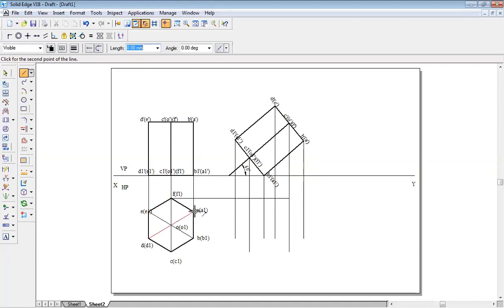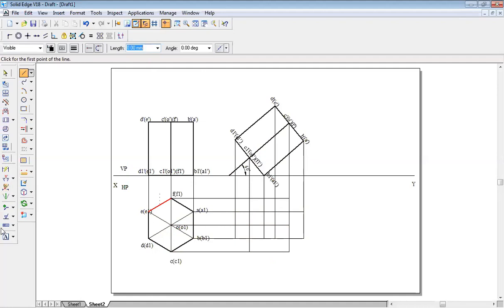This is E1, E. A1, A. And this one, this is O1, this is O. Next, this is D1, B1, D, B, and last, this is C1 and this is C.